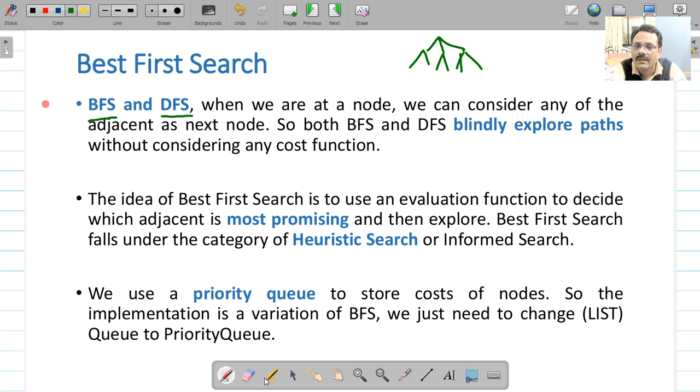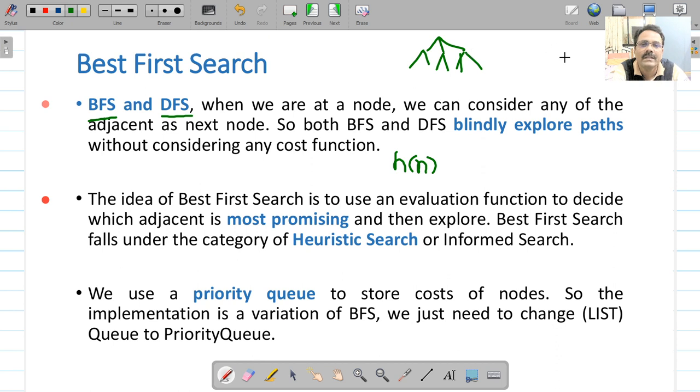Now in the best first search algorithm, we are going to use a heuristic function, some function h(n), meaning the value at node n will be an estimate, and based on the estimate of that particular node, we decide which node has to be selected. So we are going to select the most promising node.